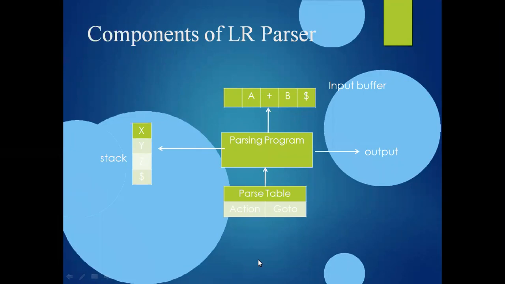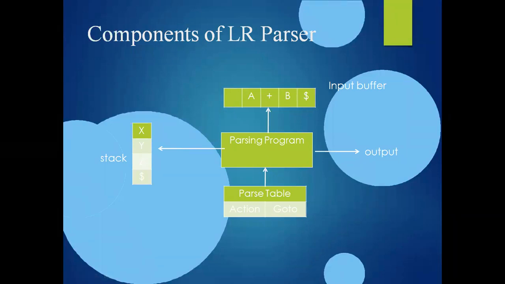That is in LL parsing. But here we have action and goto columns, and we need to fill these action and goto columns. To fill them, we need to perform some actions, based on the input buffer and the stack, as we parse programs. We use the basic operations of shift reduce parsing and implement the LR parsing technique, and then we finally construct the table, right?